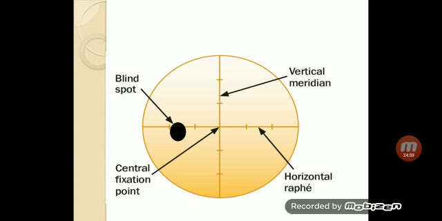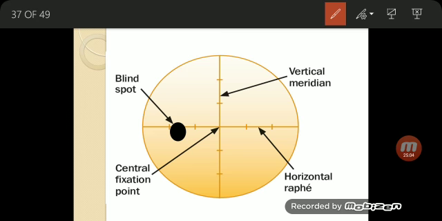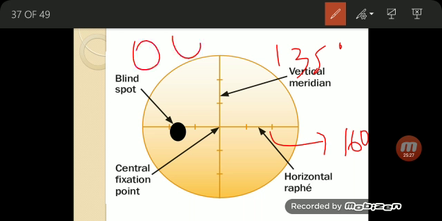So divisions of the visual fields, you have four divisions, that is temporal field, nasal field, upper field and lower field. The visual field of a human eye has an angle of 160 degrees in the horizontal meridian and 135 degrees in the vertical meridian. So the temporal and nasal fields are divided into two. Imagine these two eyes. This is the nasal field and this is the temporal field.